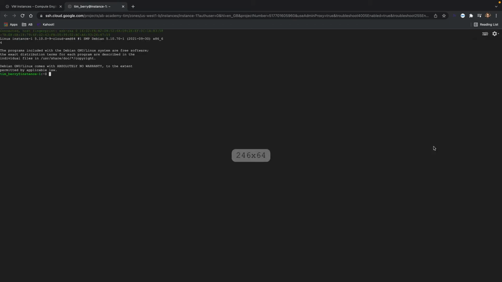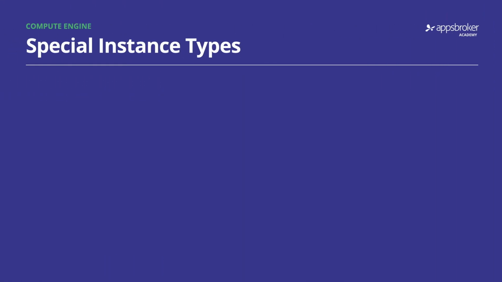Remember the Compute Engine agent I mentioned earlier? Well, in addition to managing any startup scripts and other configuration options I may have set, this agent manages SSH keys for my entire project. So there's nothing else for me to set up, no keys to copy anywhere, and I can just log straight into my VM. So now we've seen the basics of creating a VM, let's have a quick look at some of the advanced features of Compute Engine. Let's talk about some special instance types we can use.